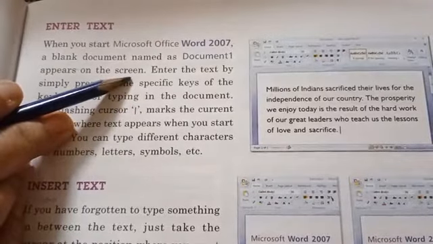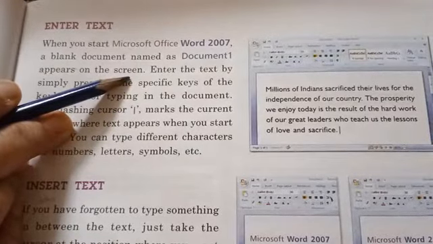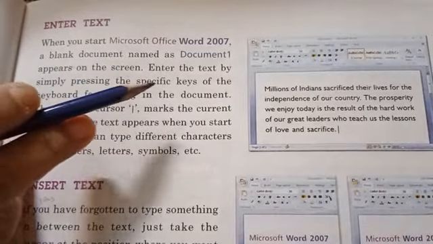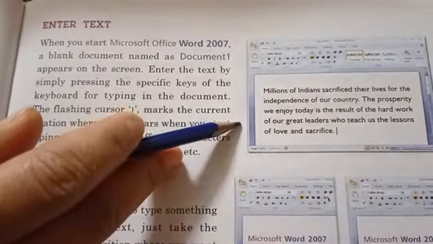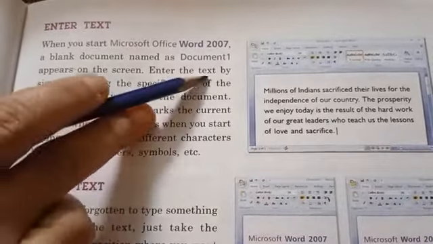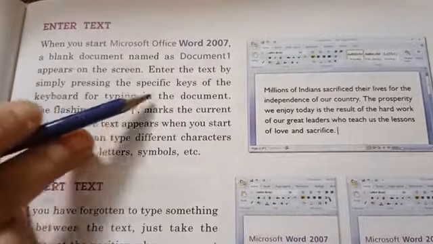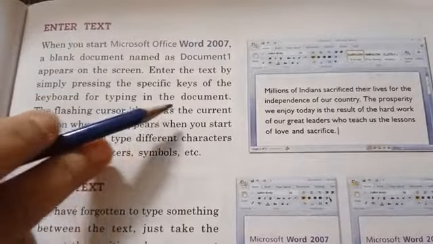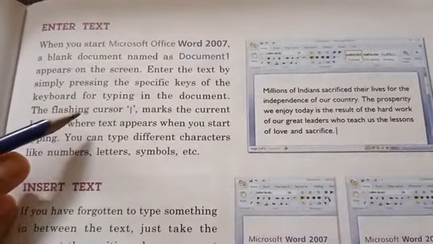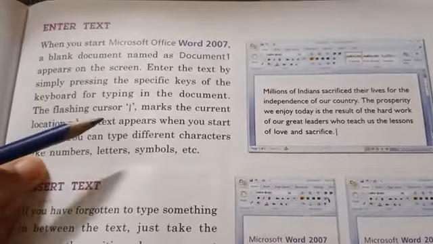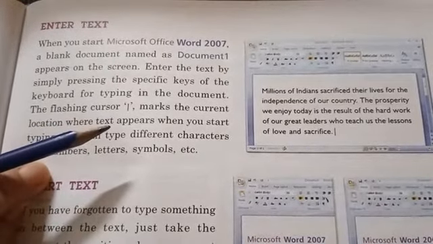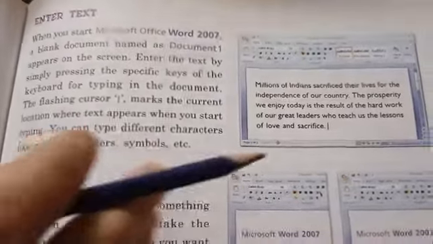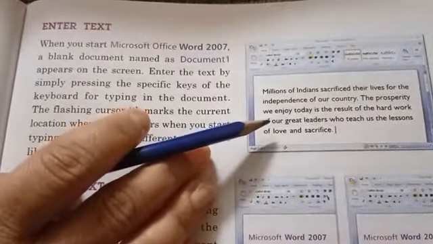Enter the text by simply pressing the specific keys of the keyboard for typing in the document. You can see the letters on your screen.